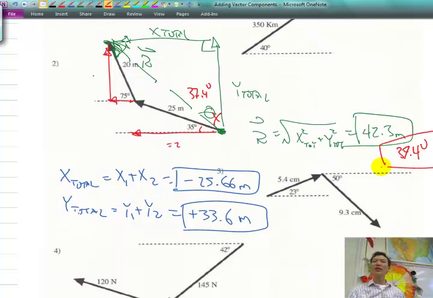Or I could subtract that from 360 to reference it from 0 degrees. Okay? So in other words, instead of saying go 25 meters, 35 degrees north of west, 75 degrees north of west, 20 meters, I could just say go exactly 42.3 meters at an angle of 37.4 degrees west of north. There we go, my lefty chicken scratch. And you will find the treasure. Dig a hole 3 feet deep, you'll get $10,000. Just give me a 10% cut. No problem. Got it? That is the vector method, the component method of